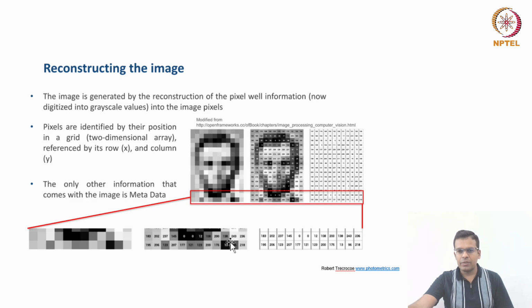Let's say this is the brightest pixel, so its value is 237, whereas this is the darkest pixel, so the value is 0. Here there are multiple grayscales. This is not a binary image or a 1-bit image. By looking at these values, I can say that it's an 8-bit image because it has 256 shades.